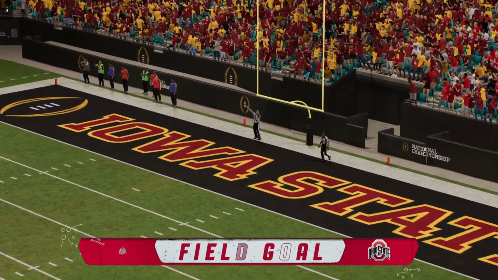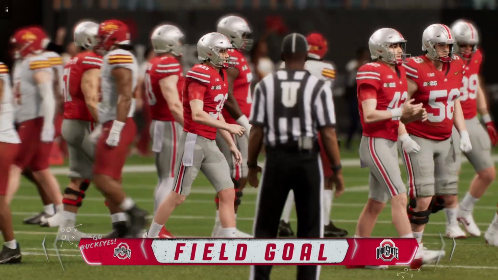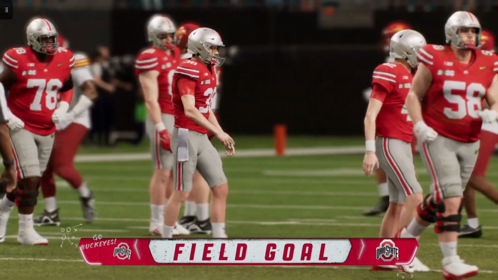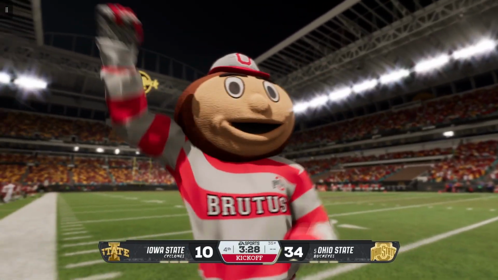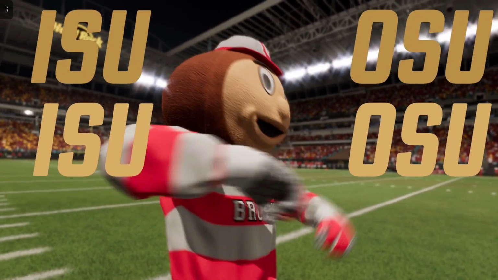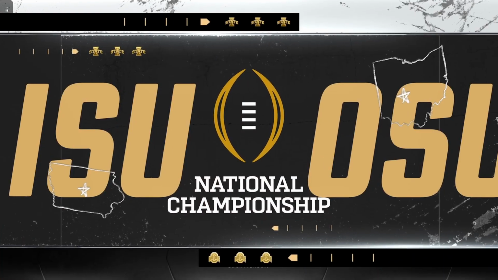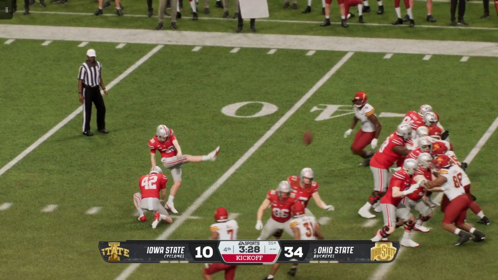The kick is good. He knocked it right down the middle. And they add to their lead. Boy, this guy had plenty of leg here, too. Chris, you remember the days when a kick from 50-plus was a major accomplishment? Now these guys knock these out like they're almost automatic.